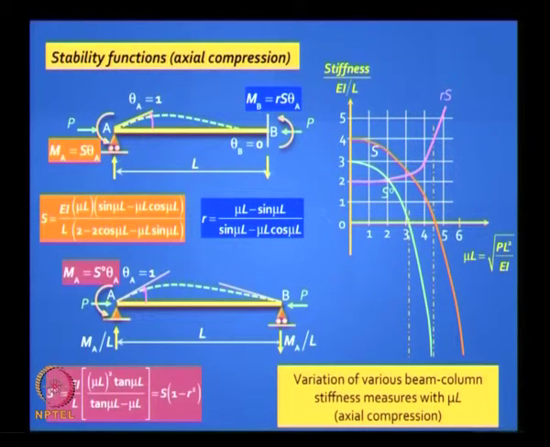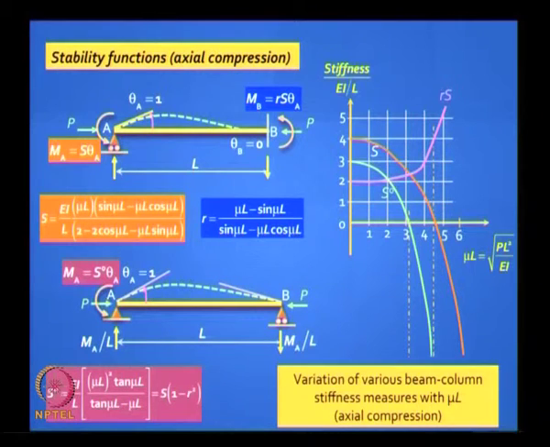We also studied the modification that needs to be done if you have the far end as hinged, then the 4 EI by L reduces to 3 EI by L, and the notation we use is S naught. Interestingly, S naught is related to S and R. S naught is capital S into 1 minus R squared, you can prove it, and interestingly you can apply it for the default values also.